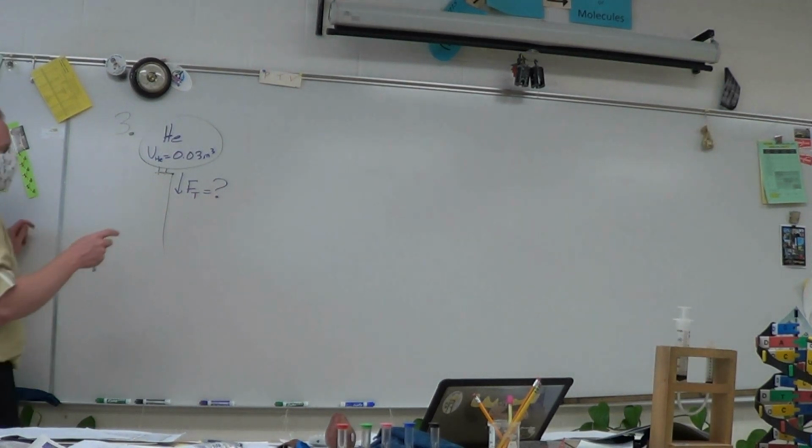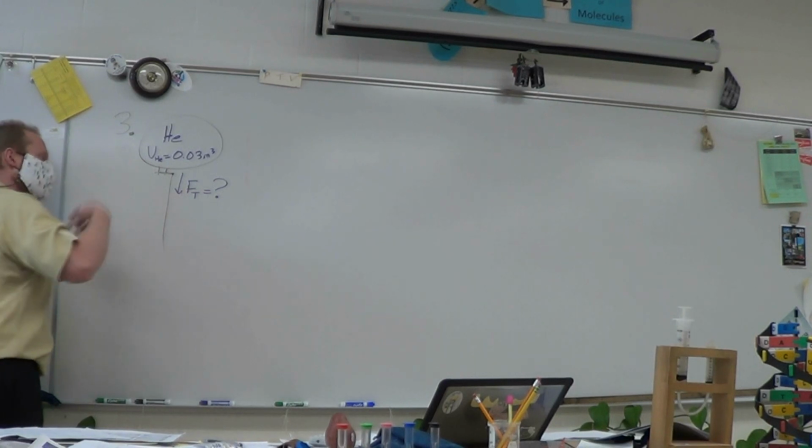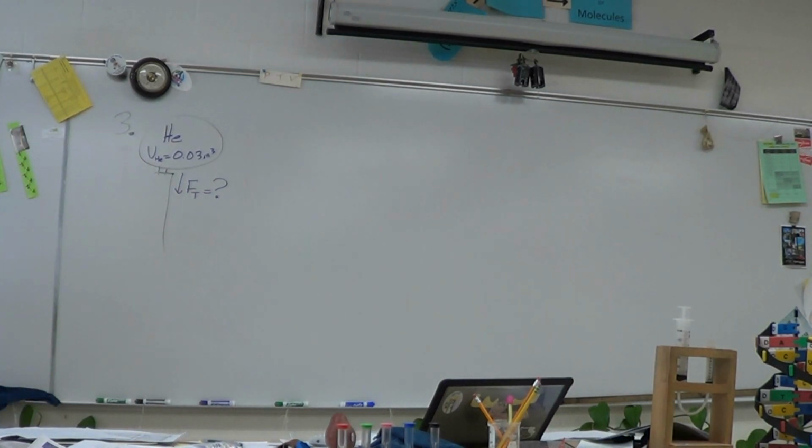If we're going to try to figure out how much tension is in the string, eventually we're going to use Newton's second law. We're going to add our ups, subtract our downs, set it equal to m times a, and solve for F_T. That's going to be the last step. Before we can build Newton's second law, we first have to figure out what are the other forces acting on this helium balloon. The balloon's going to float. Why is it going to float? Because there's a